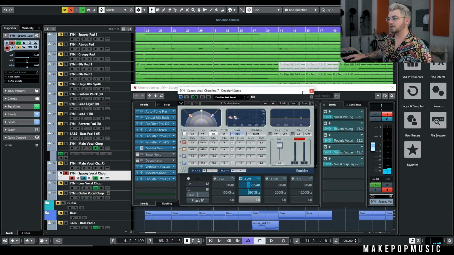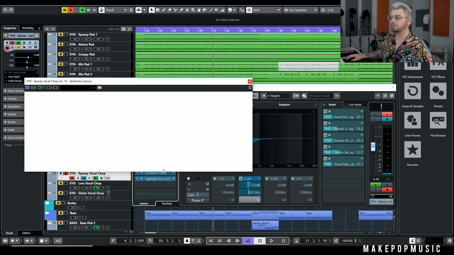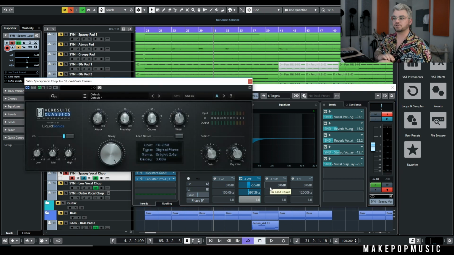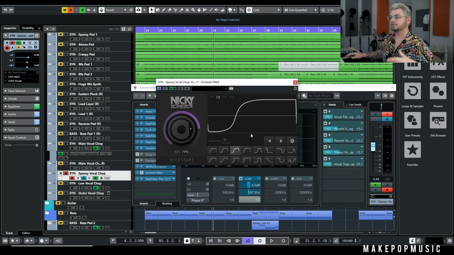We've got doubler again on doubler 4 voices. We don't have Snap Heap on this one, and we don't have Decap on this one, because those to me were just destroying the sound, which I loved. However, I want this added in for some extra little clarity and presence. And we're gonna drive the reverb quite a bit harder at 35%, which is gonna wash it out even more. So this is kind of gonna be like almost how I would process an ad lib, and we're gonna poke it way behind the main actual vocal chop, just so it's giving a little bit of extra depth and width